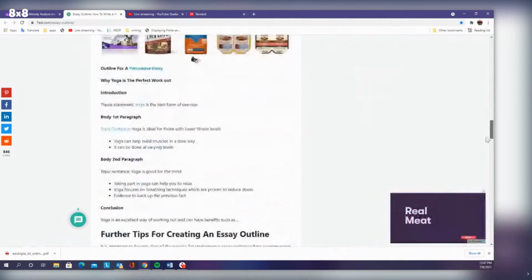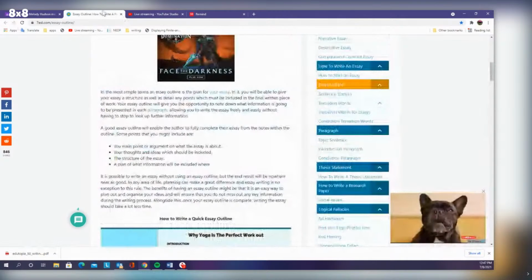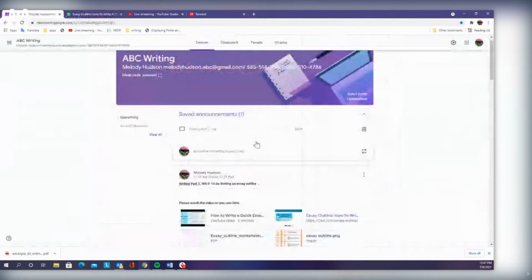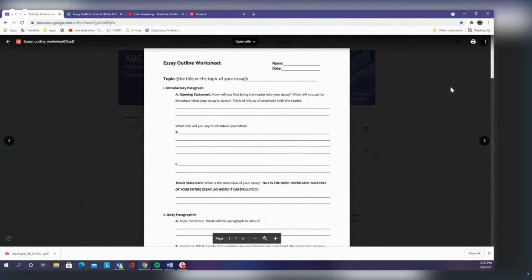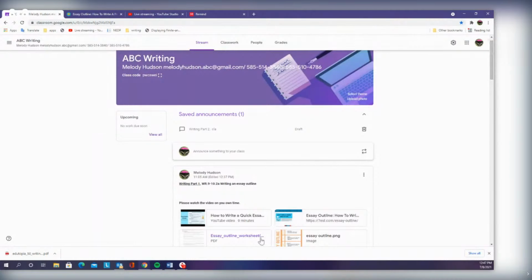So there we go. Now what I want to do is to look at the worksheet. And this is what an outline worksheet will look like. You've also seen the hamburger. But if you look at this worksheet,